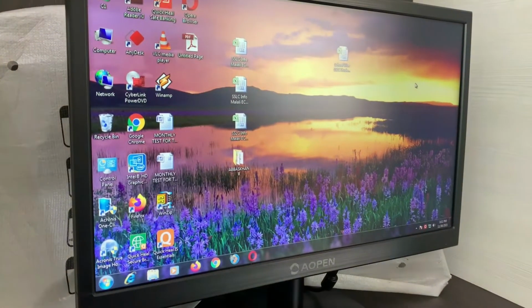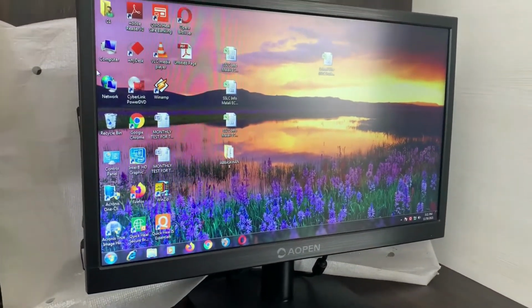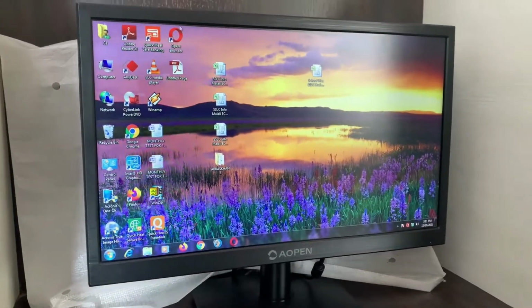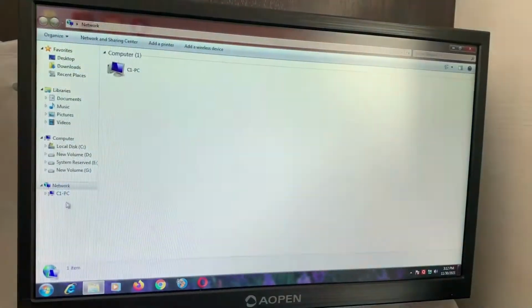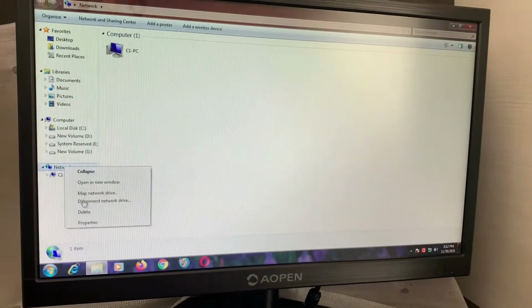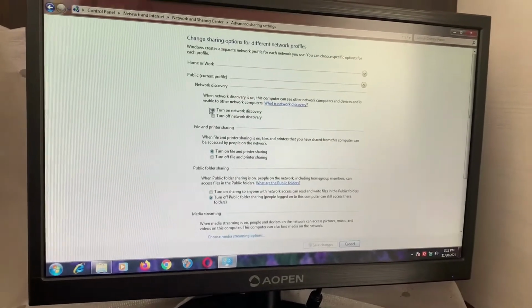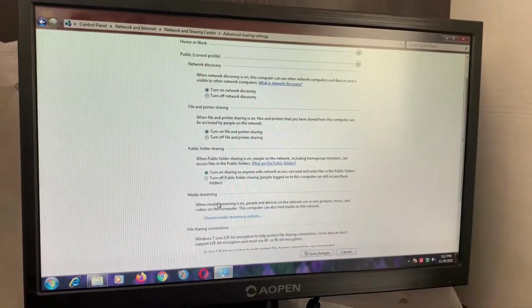We also enable network discovery and password protected sharing, etc. in this PC also. Same process as you did in the first PC, you have to do in this PC.